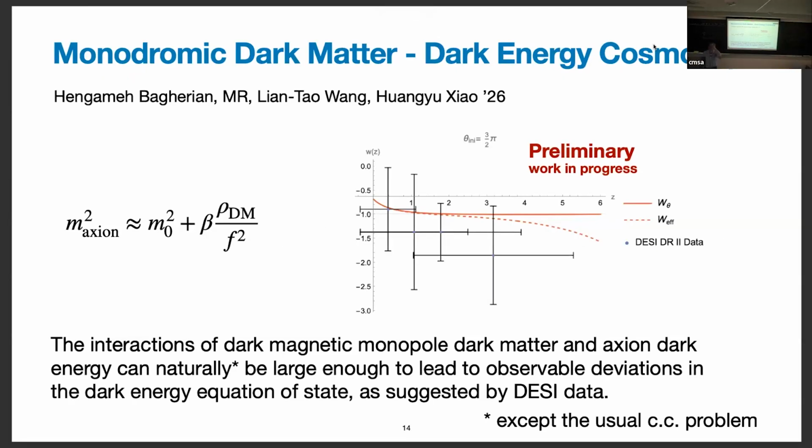Yeah, okay, question. In this model, the mass of the dark matter particles, are they going up in the dark matter dominated era, or are they going down? They're going down but they're not changing a lot because it's mostly the monopole mass, and then there's these little dyonic corrections on top, and it's the little corrections on top that are changing. Our model went down 3% during the matter dominated era and went up 1% during dark energy. What is it in this case? I don't think I know the precise number off the top of my head, and we're still in the process of getting the details right. But I think probably percent level is similar. Yeah, I'd have to double check.